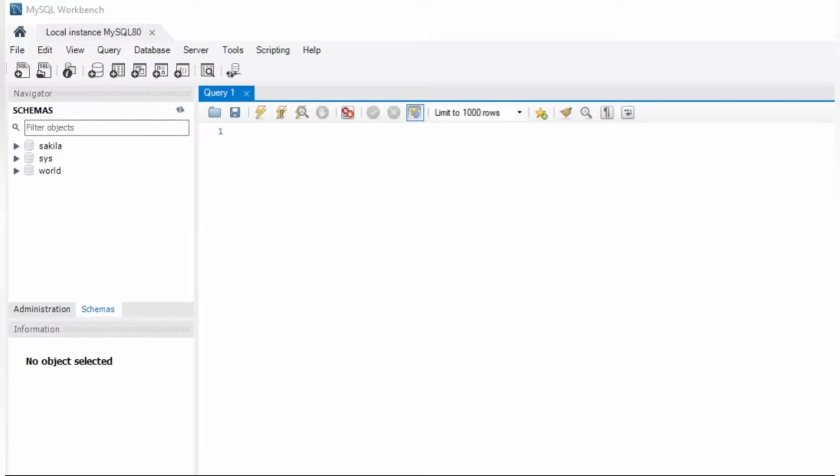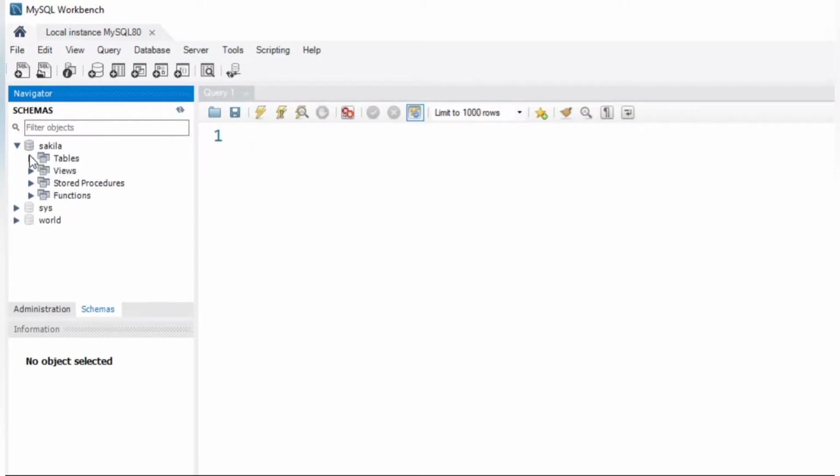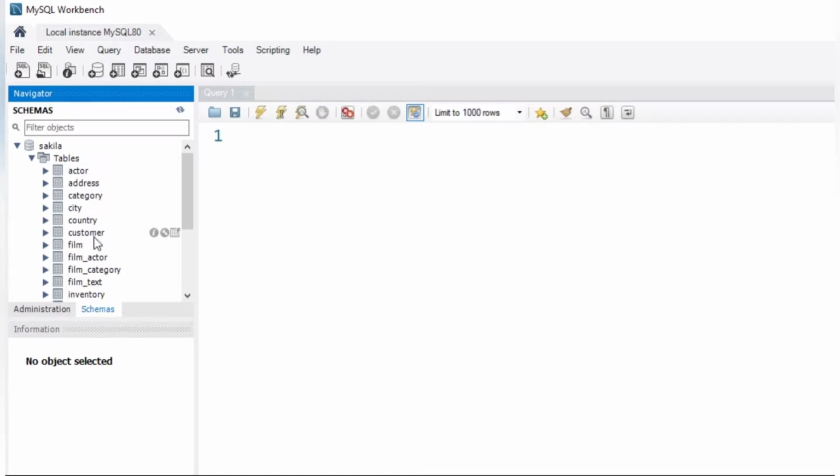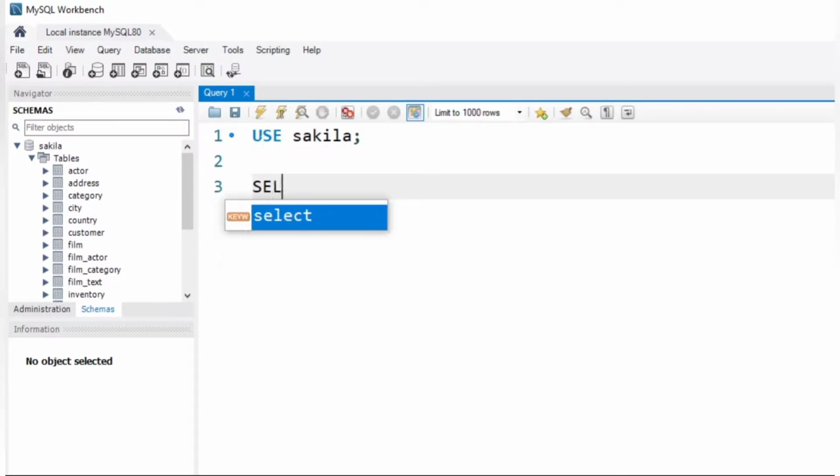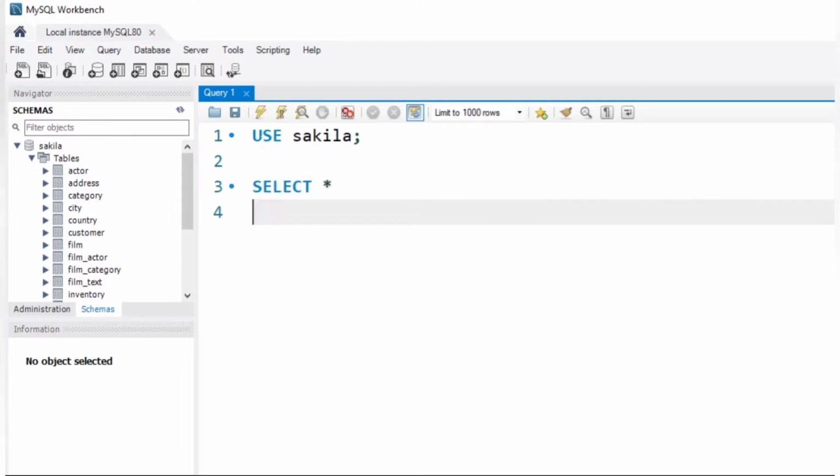So in this video we'll see how to remove duplicates from the table using a distinct keyword. And before that, let's have a look at the select statement once again. So let us open this film table. You can click on this button on the right side, or you can write a statement for that using the select statement. The film table is in the Sakila database, so I'm writing it as use Sakila, and let me select everything from film, and don't forget to terminate it with a semicolon.